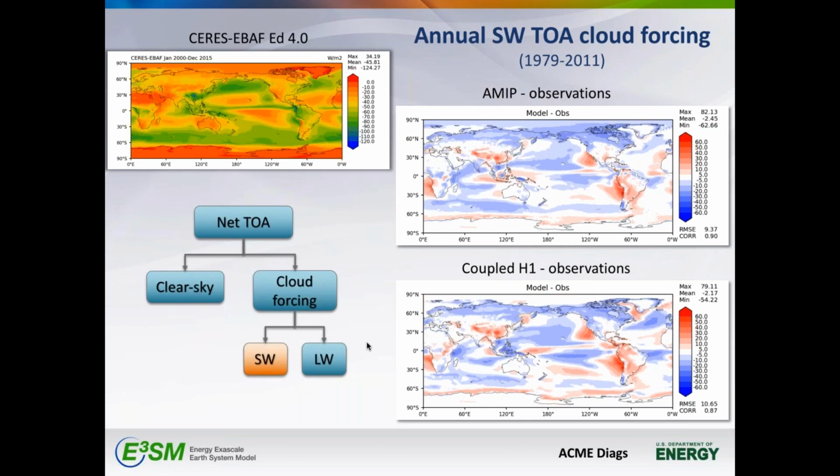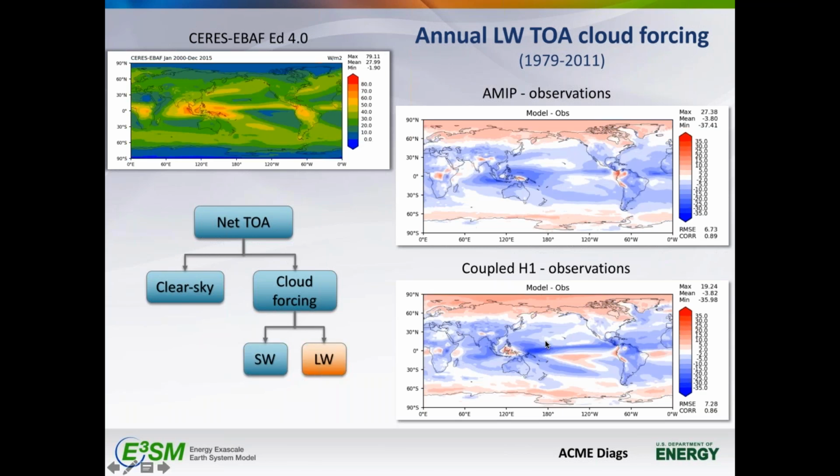Looking only at the shortwave cloud forcing, very similar picture as the net. The most prevalent errors are the stratocumulus regions here, and they appear already in CMIP mode. This is something we have known for a long time, that we have those biases. In the tropical water, you see also some errors developing, and you see they are related to the SST and